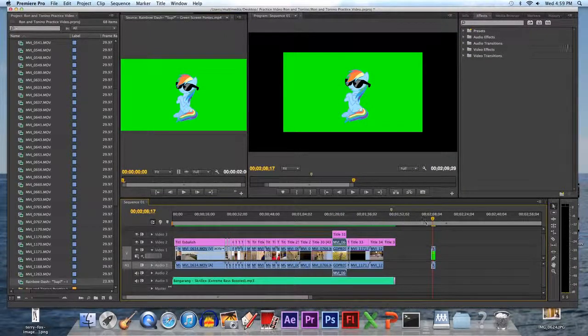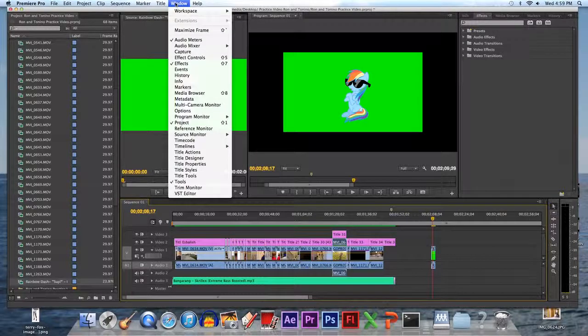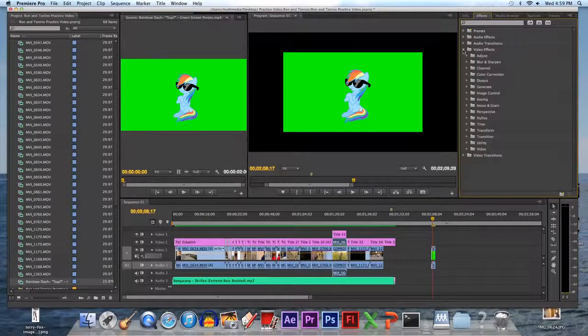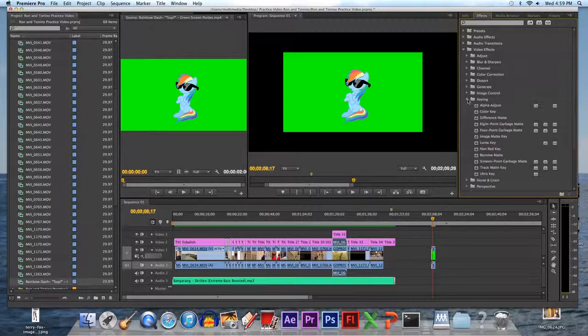So we see it there. Then we go over to effects. Now yours might be here, yours could be over here, I don't know. But look for the effects tab, it might be beside your footage. So just look for this effects tab. If you can't see it, then you go here to window and you go down to effects right there and it'll pop up. Okay, and then we go to video effects, and the one we're looking for is keying,